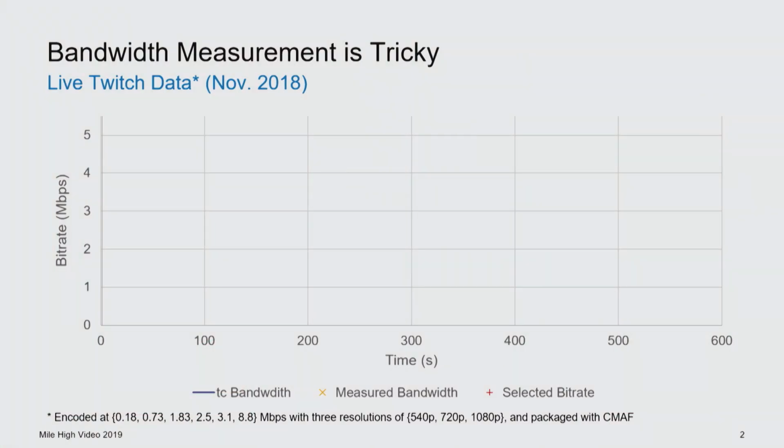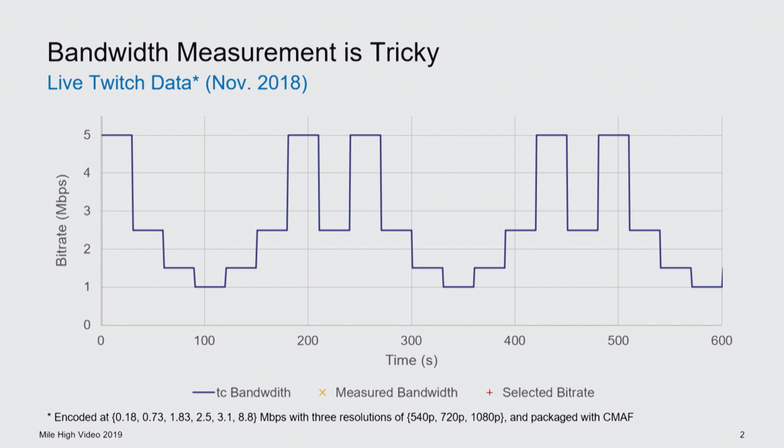We collected lots of Twitch data in the past, and I know that there are some Twitch folks in the room. Bandwidth measurement has been somewhat of a problematic thing for Twitch and many other low latency live applications. This is the data we collected from Twitch back in November, and this is a bandwidth regime we applied to the Twitch player inside the network. We are using their player, but we are just changing the available bandwidth to the client, and wanted to see what would happen in terms of bandwidth prediction and adaptation.